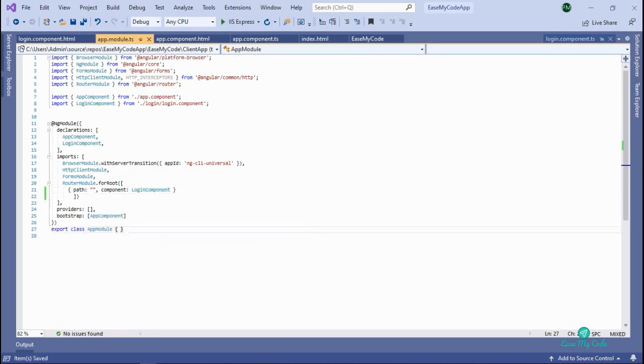When you mention the path as blank, that particular component becomes the home page of the application. That is why for the login component we have added the path as blank.